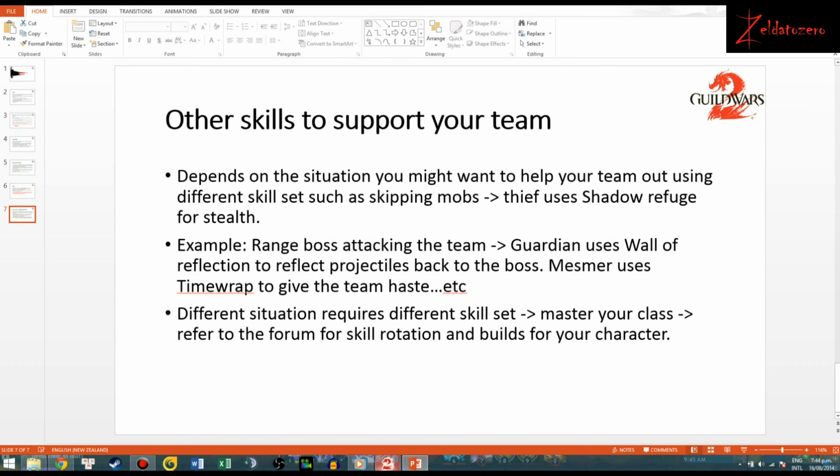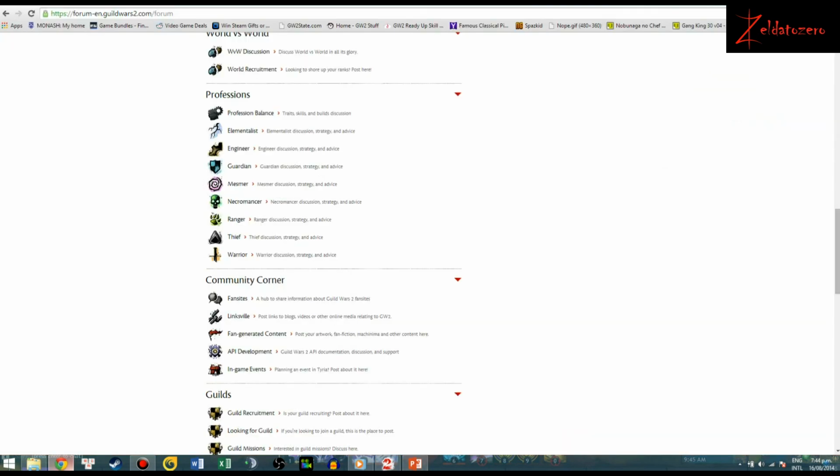And sometimes in a raid dungeon, you might want to skip a lot of mobs. So when I start running a raid dungeon, if I use my thief, I will use that refuge to stealth the entire team and skip some of the useless mobs that are unnecessary to kill. Now, depending on the situation, you might want to use a different skill set for your class. Perfect example for this is,